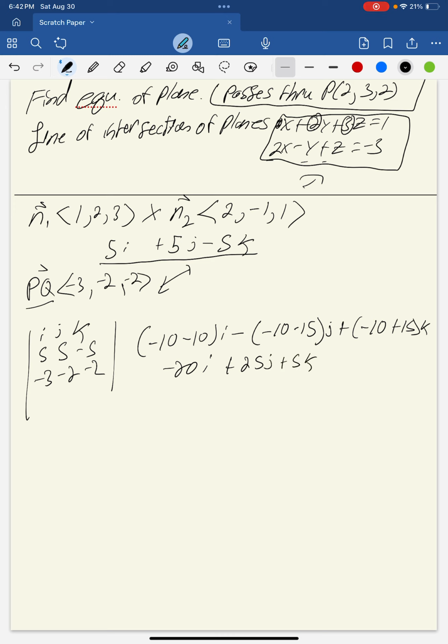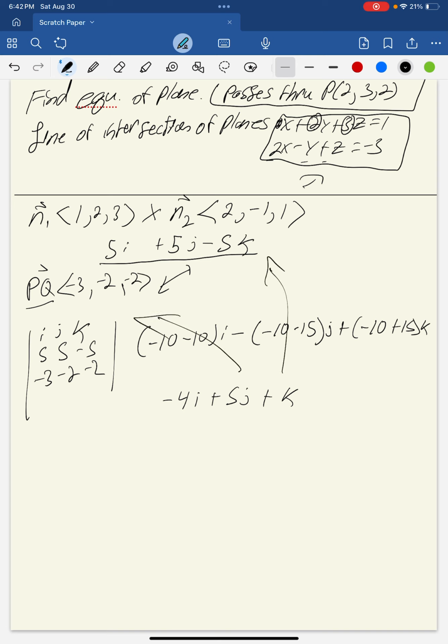And then when it comes to normal vectors, any scalar multiple of the normal vector, where we'll say that t is a scalar, is going to be equivalent to the original normal vector. So we can divide all these by 5, so we are left with -4i plus 5j plus k. And now that we have the cross product between this cross product and the vector, we can now find the equation of the plane, which